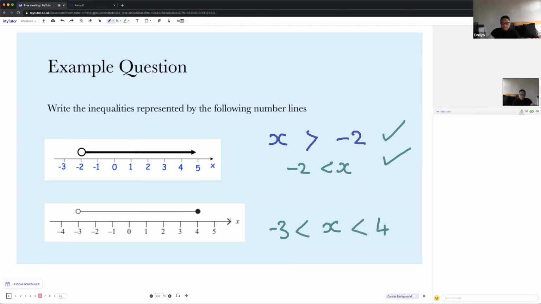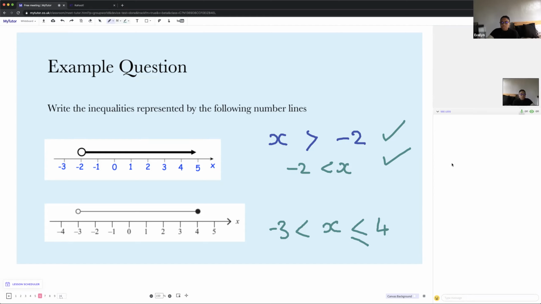Now, the last thing to look at is, are the circles hollow or are they colored in? The first one's hollow, so we don't need our line underneath that sign. But the second one is colored in, so we do need the line underneath our inequality sign. So this would be the inequality for the second graph. So hopefully that makes sense to everyone. If you do have any questions,